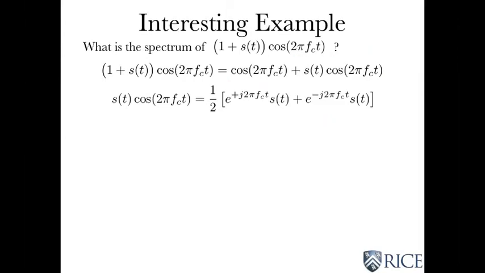And the way to get at those properties is through Euler's formula. Of course, Euler's formula comes up a lot, and there's a reason for that. It's very, very useful. So, cosine is e to the plus plus e to the minus, and I'll put the s and t inside. Well, from our properties, we know that when you multiply in the time domain by a complex exponential, that corresponds to a delay or an advance in the frequency domain. And that's what each of these terms is. So you write